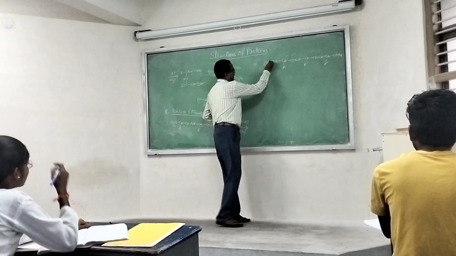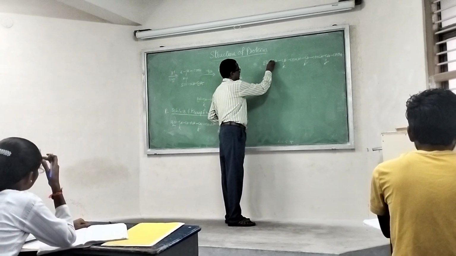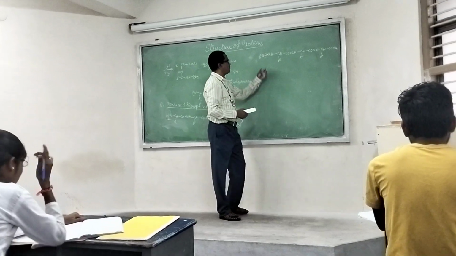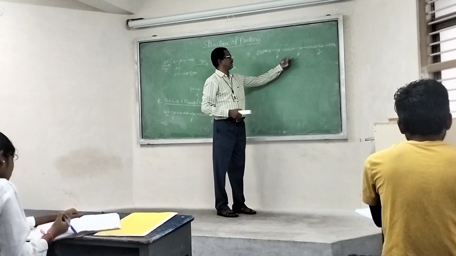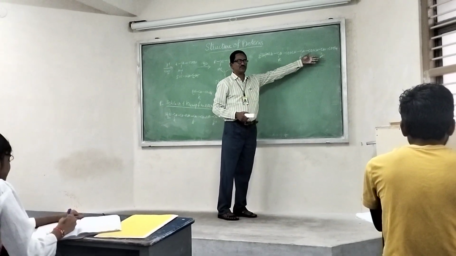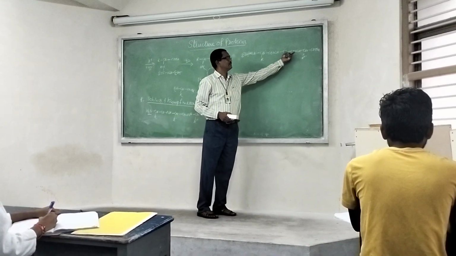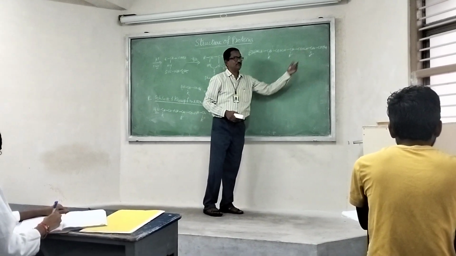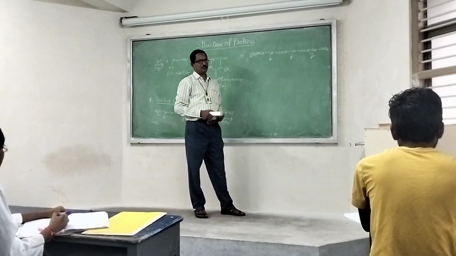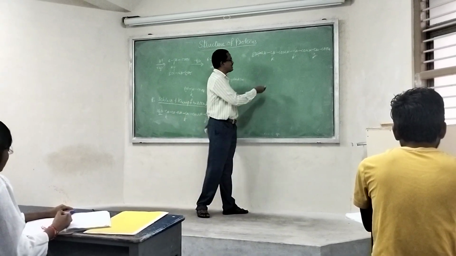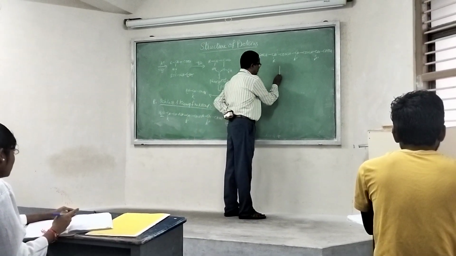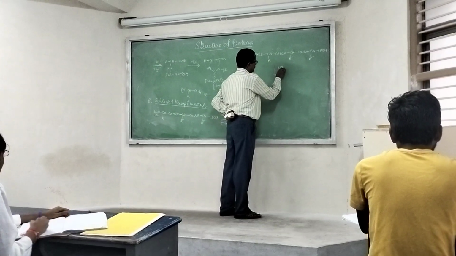Here we have to write C6H5CO, NH CH R, CO, NH, CH R, right? So the remaining is the peptide linkage, CH R, double bond CO. Okay, so this compound is now treated with